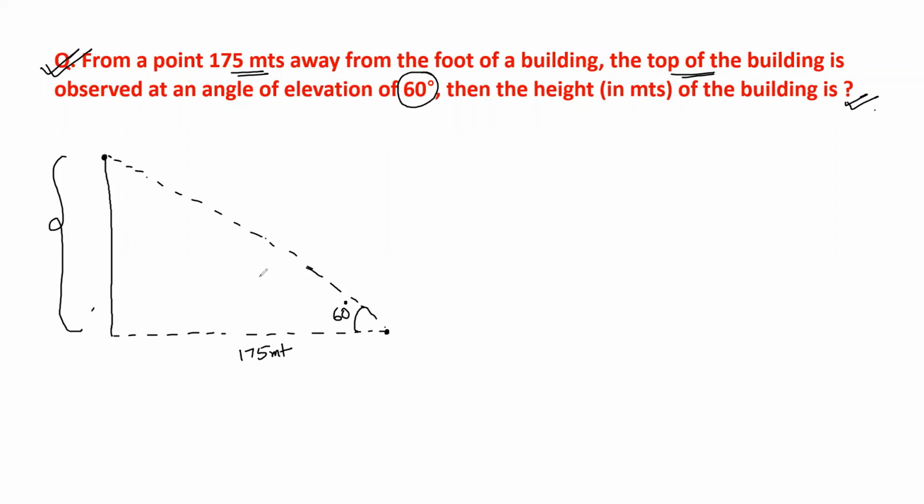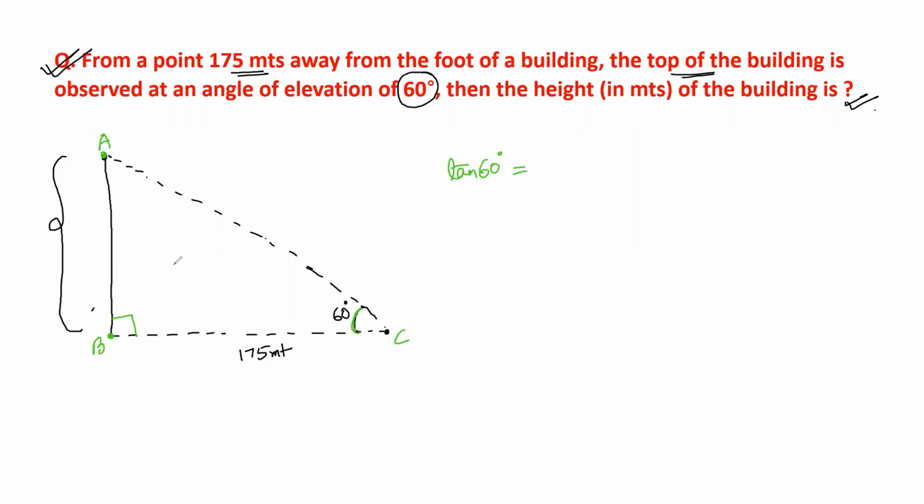Now, this represents a right angle triangle, right angle at this point. So let us name these points A, B, and C. So the height of the building would be AB, which we need to find. Now, in this right angle triangle, this angle is 60 degrees, and we know tangent of this 60 degree angle